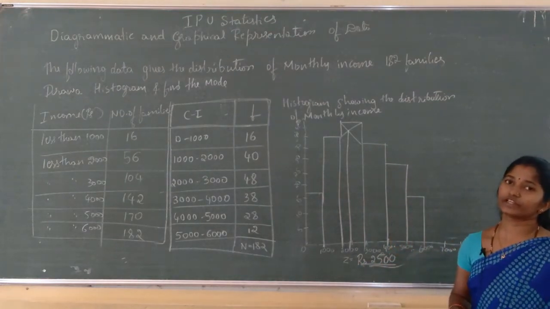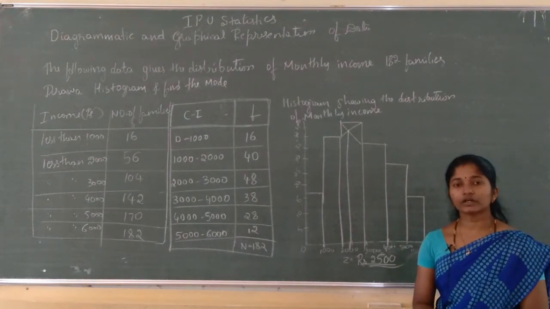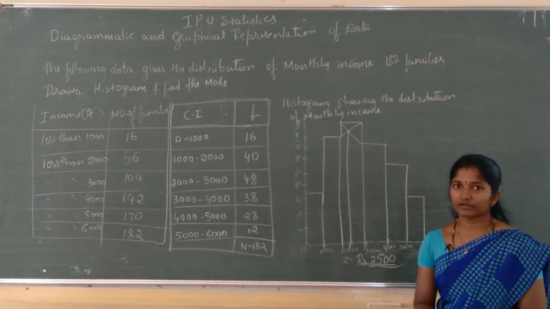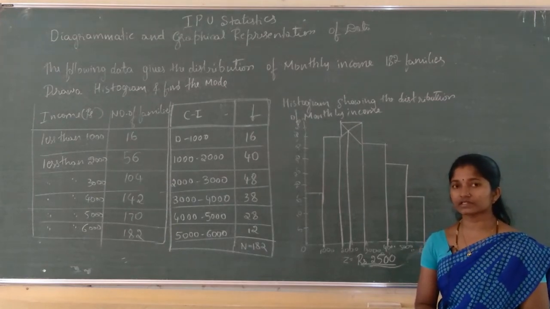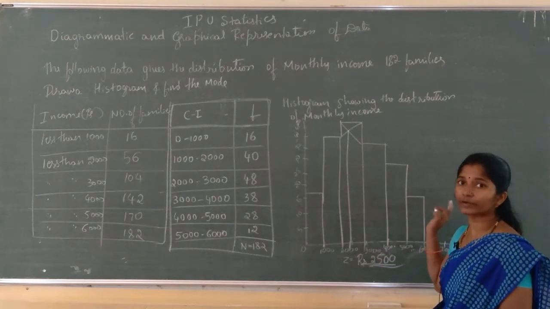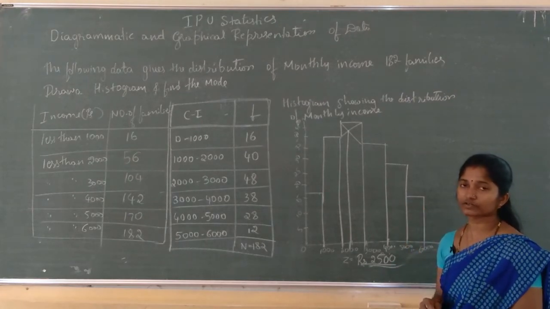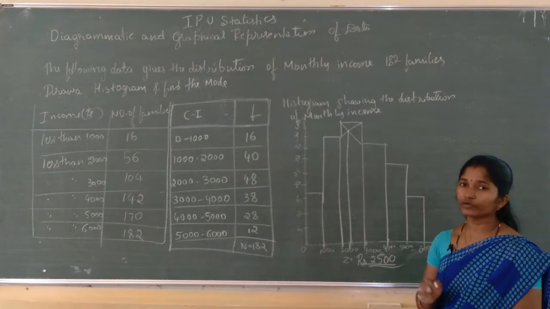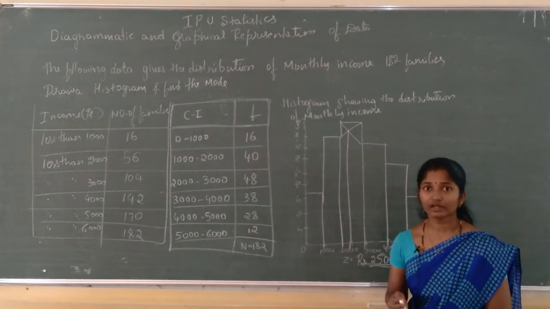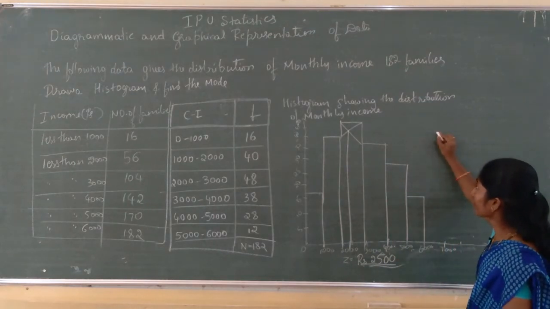See, for your reference, we can write the formula. By using that formula we will check it, but it is not necessary in the exam to use that method, that means the formula. It is not necessary, but for your reference, to check whether it was correct or not. See, like this way. What is the formula of mode?